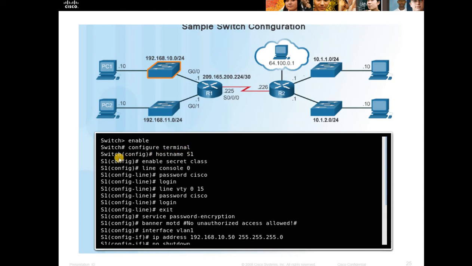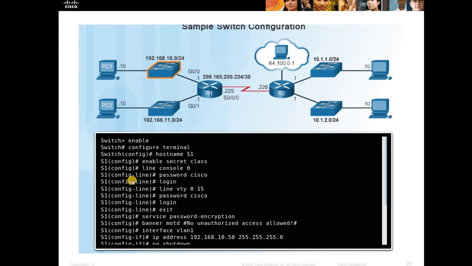It goes into the global configuration mode, switch config, hash. Now you want to give the name for the switch here: hostname S1. I am giving S1 as the name for this switch.